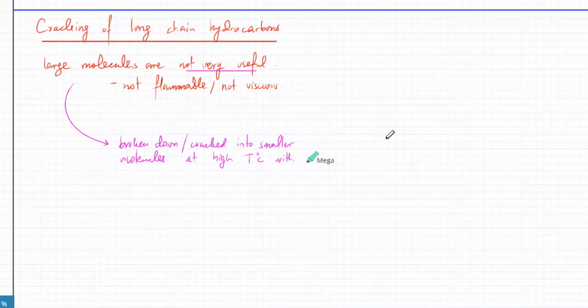This process is known as cracking: the big molecules are literally cracked to give you smaller, more useful molecules. So for example, if